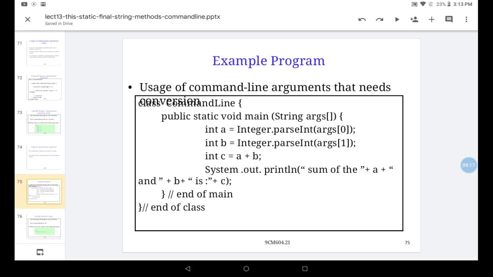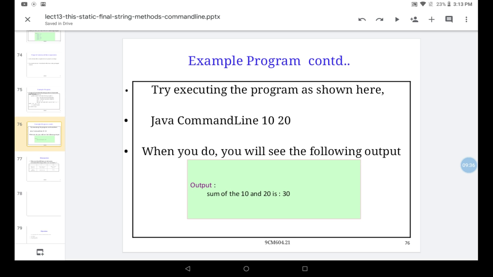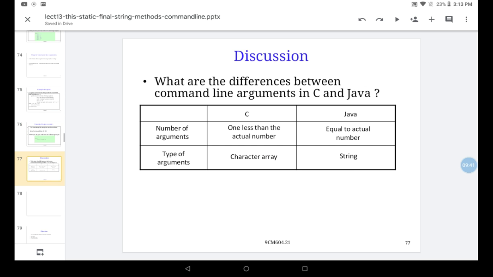Without conversion, if you just say int A, int B, then it will not compile properly. It will give you an error message. It will not run or execute properly. So what is the output you will get? 10 and 20, that is 30.